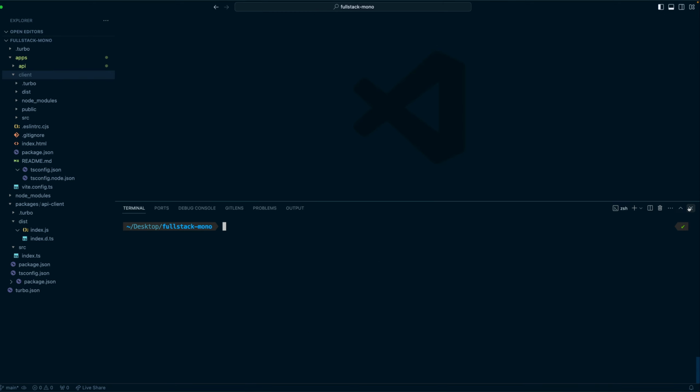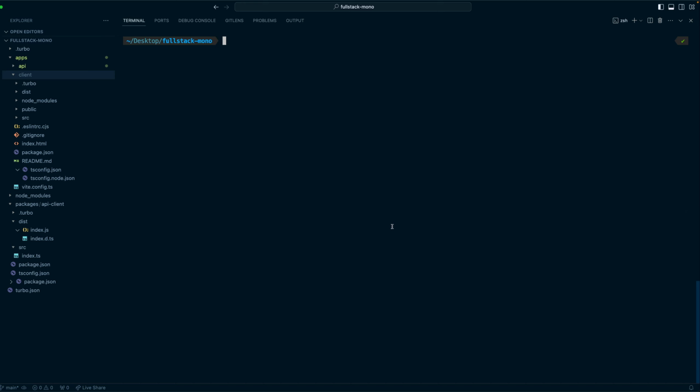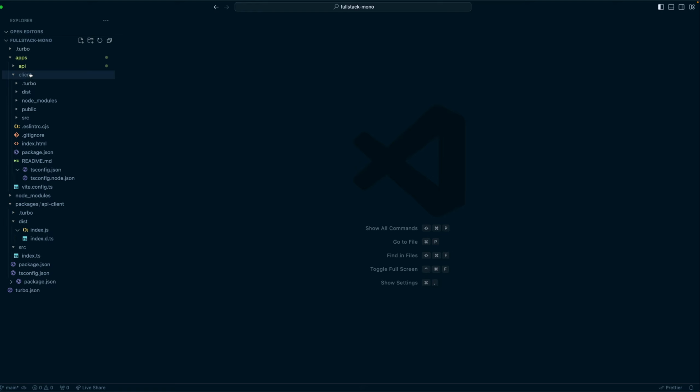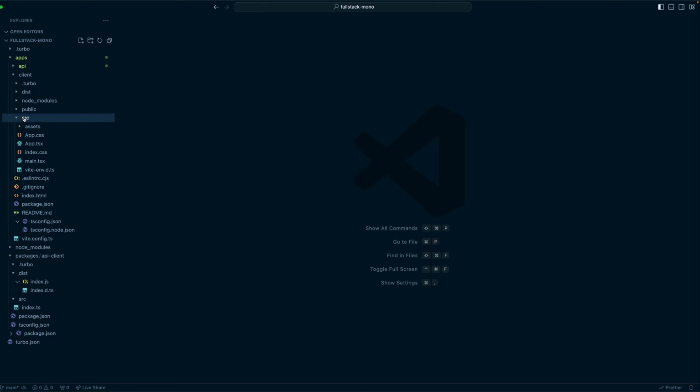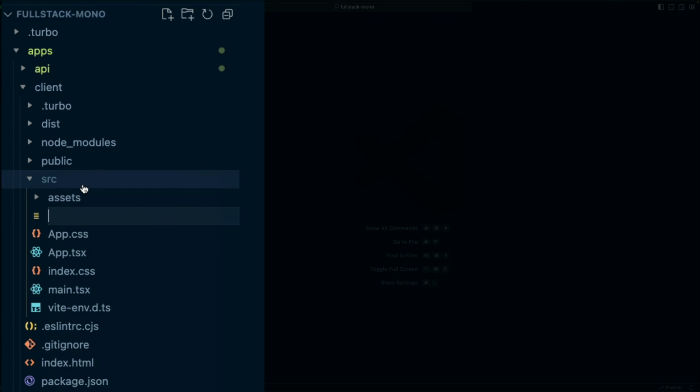So real quick, in the terminal, we need to install the integration between TS REST and Tanstack Query and Tanstack Query itself. So we're actually gonna do npm install --workspace apps/client, and then we're gonna install TS REST React Query and then Tanstack React Query. And what we're going to use that for is within src in our client. I'm actually going to create a new file. Call it